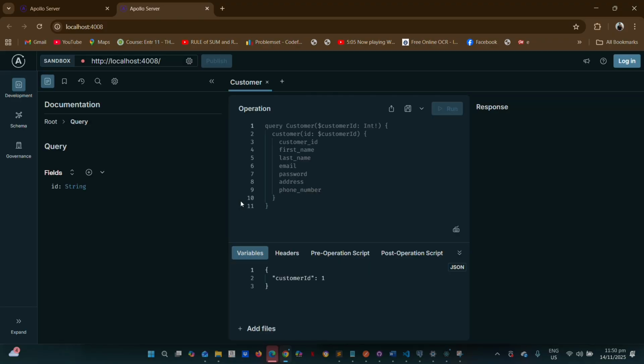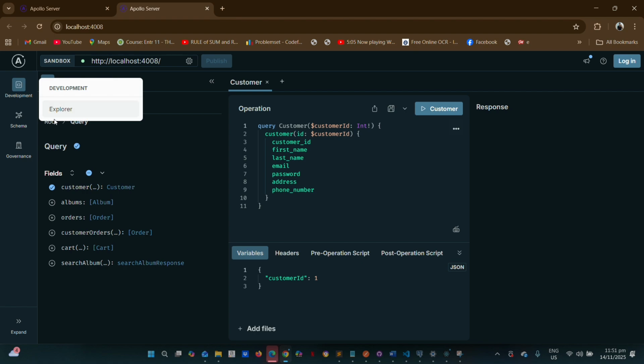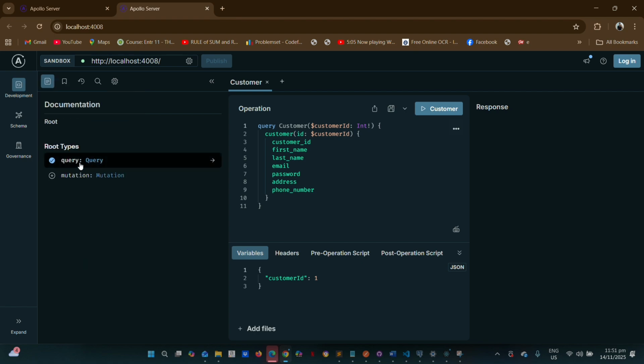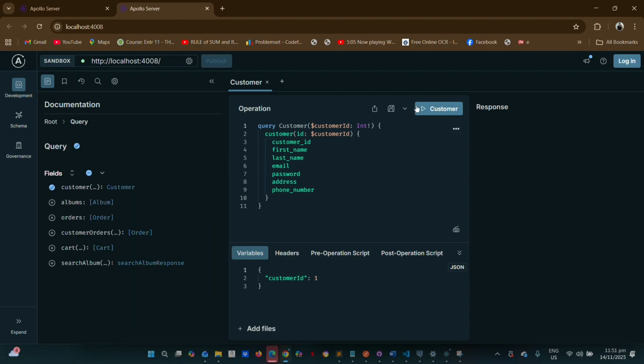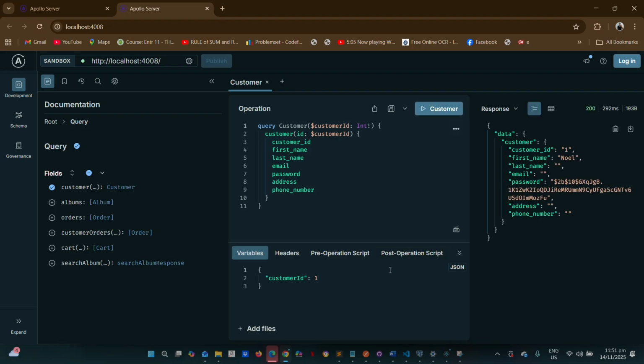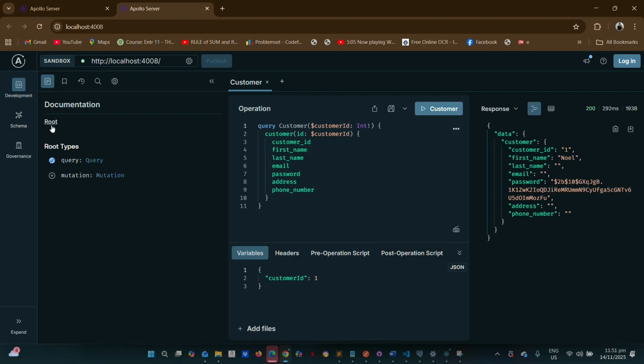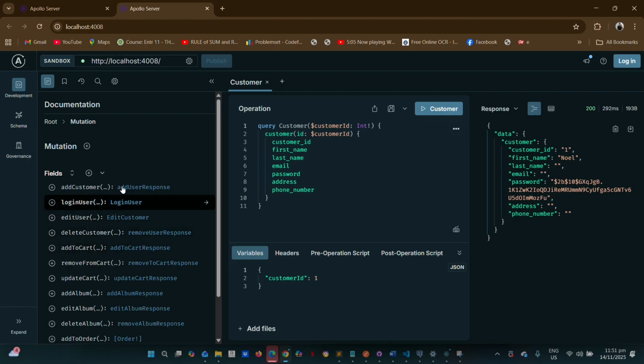So this is what it looks like for Apollo, and behind it is GraphQL, which is the code I let you see. So we have query and the mutation. For example, in query, we can query the customer. If the customer is available, yes, it is available. If we need to add, yes, we can add, or anything that is happening in the data behind the app. But the thing is, we don't want the user to go to Apollo to put anything they want, right?